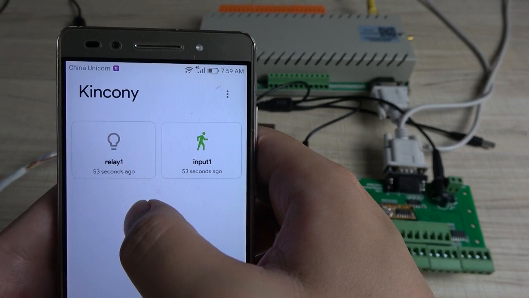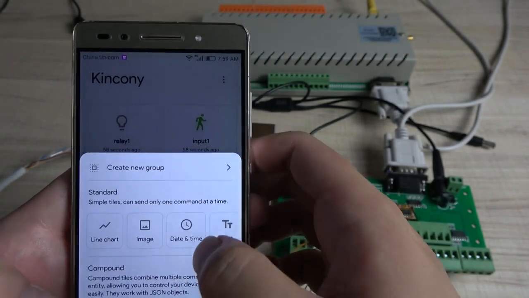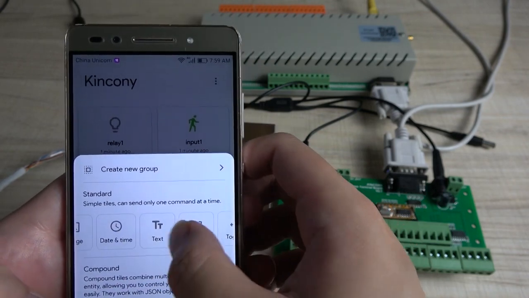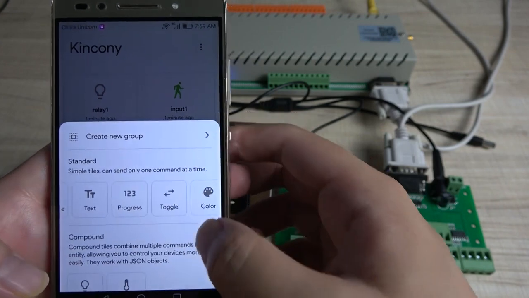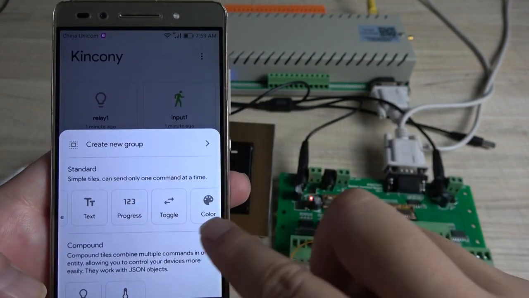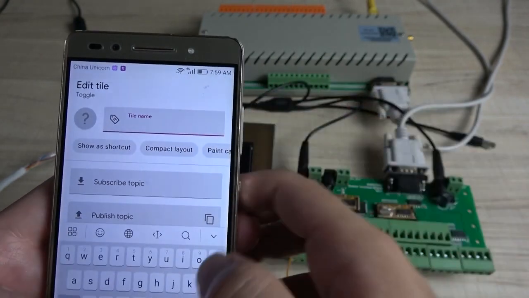Then you can add the device. Add the device, just press this add button. And because we need to add the relay, we can choose the toggle. This toggle button is for on and off, just this one, and press. And for the title name, we can input relay 2,